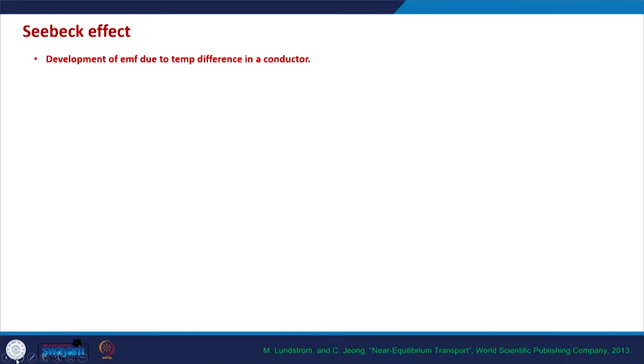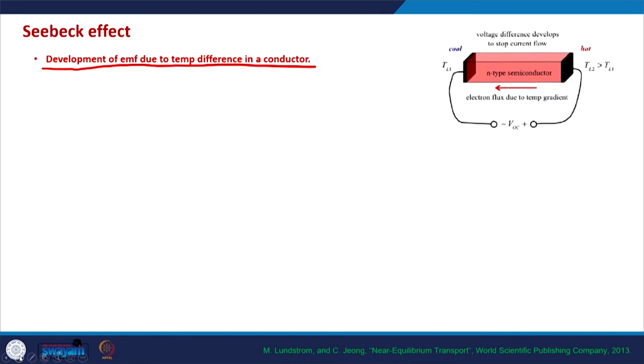Seebeck effect is essentially the development of an EMF due to temperature difference in a conductor. What it means is, if there is a temperature difference in a conductor, an EMF, electromotive force, will be developed across the conductor. In other words, a voltage difference will be developed across the conductor,